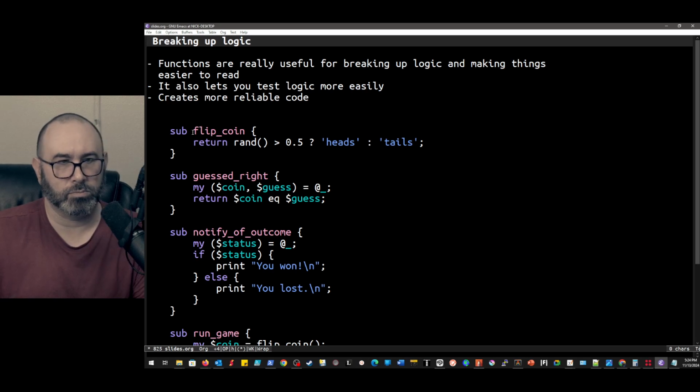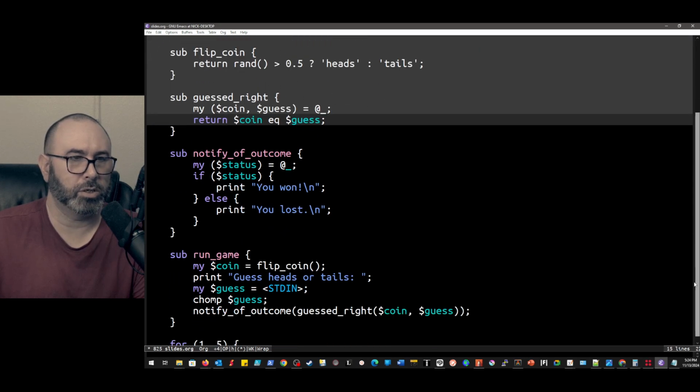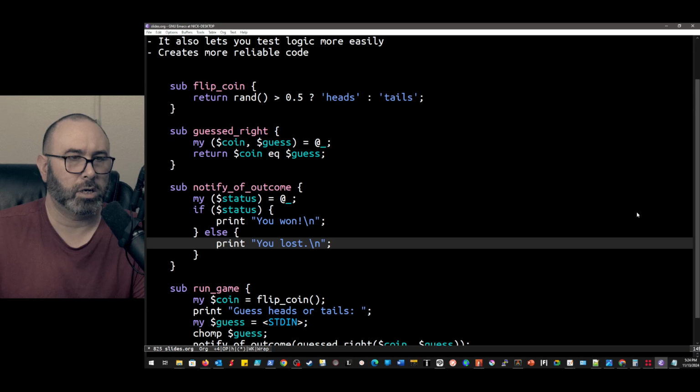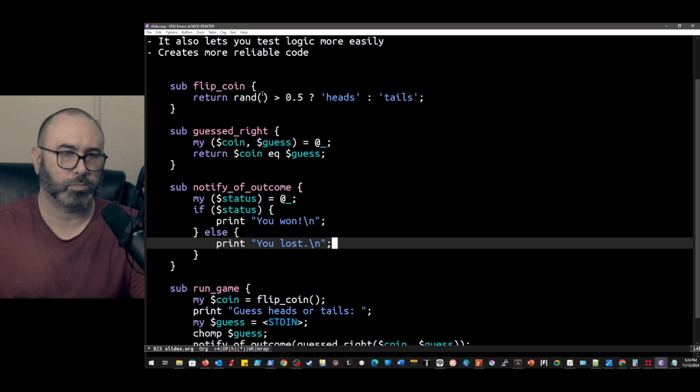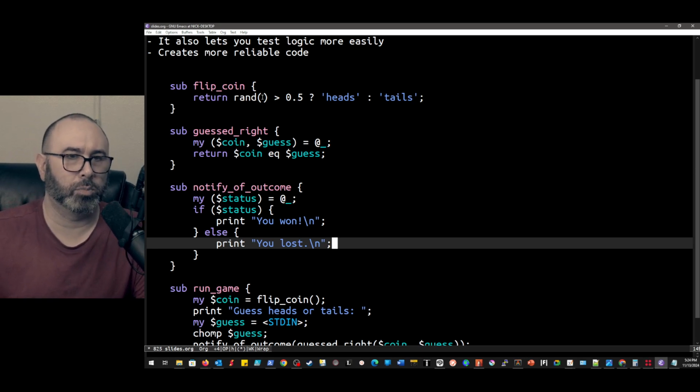So again, really handy to use these to break up logic. So in this case, we've got basically a coin flip program. So what we can go ahead and do is go through and define a subroutine called flip coin. We've got return random, and we're going to check to see if this is greater than 0.5. Actually, I need to put the value of this. So basically 0 if it's less than, if it's over, then we're probably going to need to define my range in there.